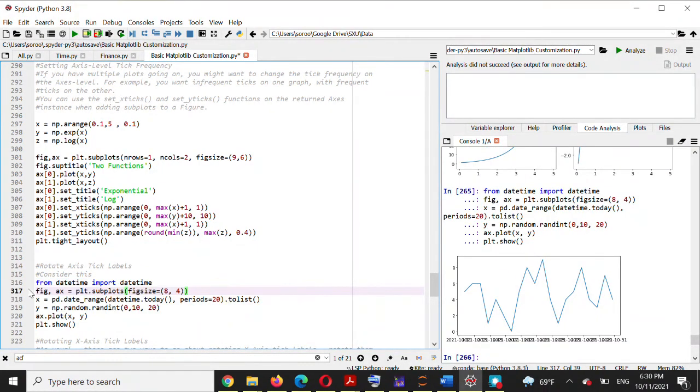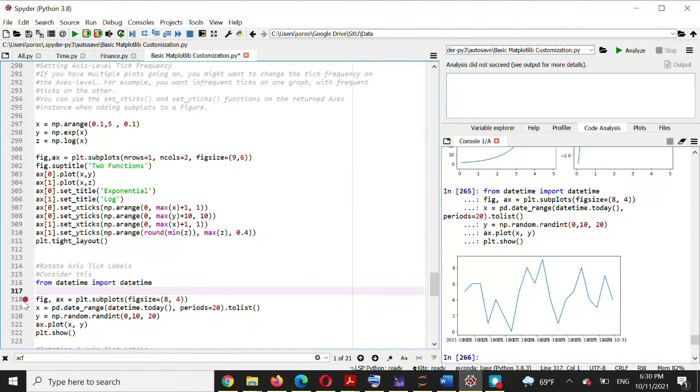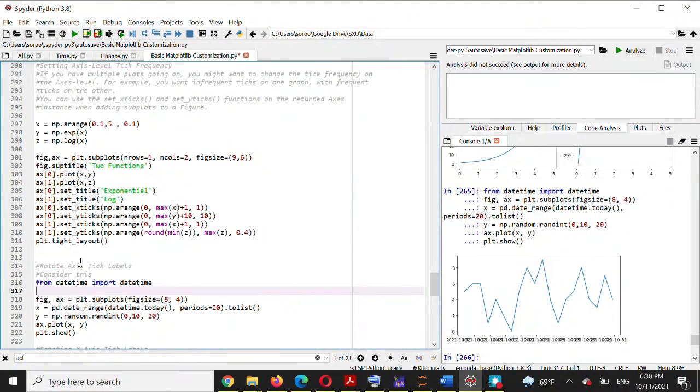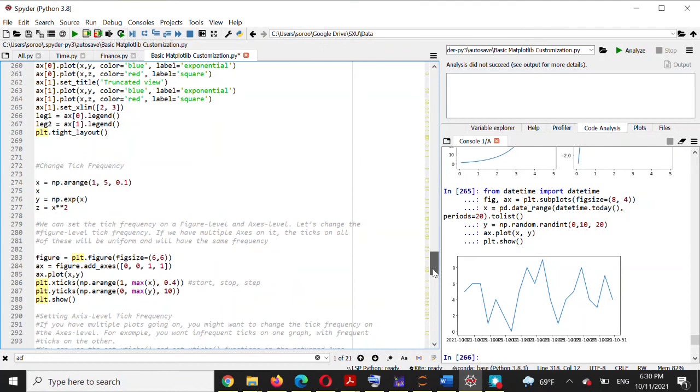So first of all, we are importing datetime from datetime. So: from datetime import datetime. And then I'm saying fig, ax = plt.subplots, figsize 8 and 4. This is my favorite way to start: fig, ax = plt.subplots, and then